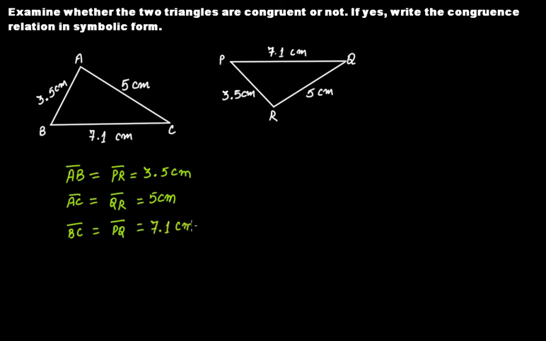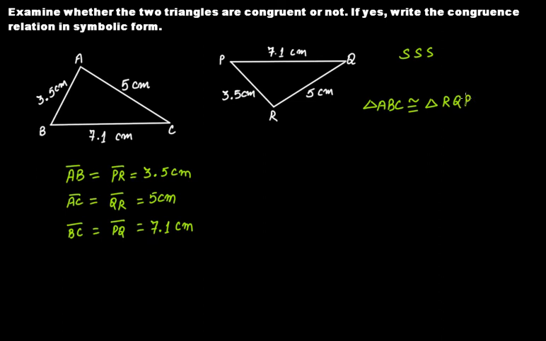7.1 centimeters. Now we can clearly see here that the three sides of this triangle and the three sides of this triangle are actually equal to each other. This pair, AB and PR, are equal, and AC and QR are equal, and BC and PQ, this pair of sides is equal. Therefore, it satisfies the side-side-side congruence criterion, and therefore triangle ABC is congruent to triangle